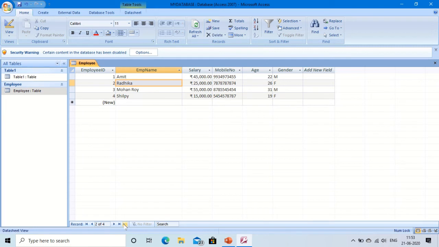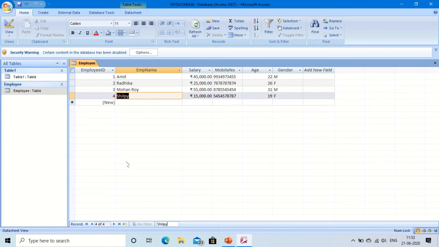And this is for searching. This is the search button. Suppose you want to search someone by name, so click on this field and click on this search button. Oh, this is for the blank. Search is different, search is here. Suppose I want to search Silpi. You can see that it directly jumps to the record. So you can search it also, and we will see in detail how to search.